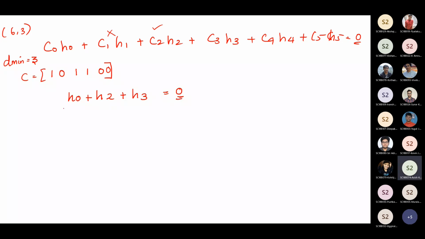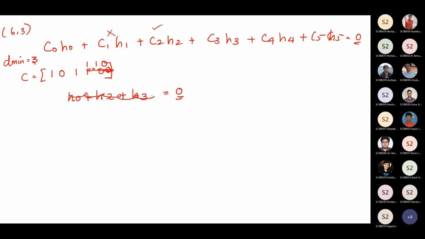Correct? Yes, ma'am. So here if you see the number of columns, I'm just adding 3 columns in order to get the 0 vector. Ma'am, shouldn't it be 101110? So I simply took one example, I didn't use the parity and all. C will be of this form. Okay, if I want to make it perfect, P0 is adding these two, so it is 1, adding these two, this is 1, so it will be 0.